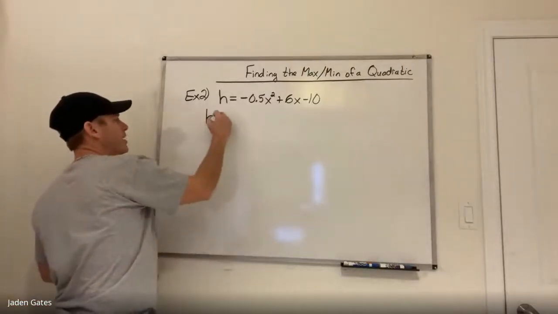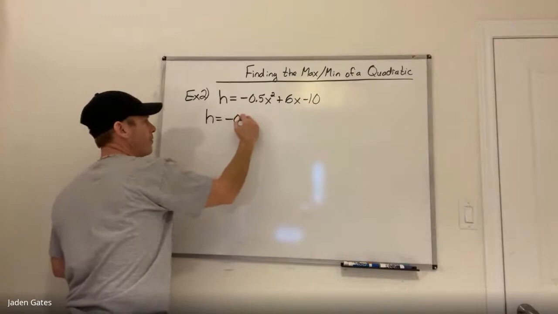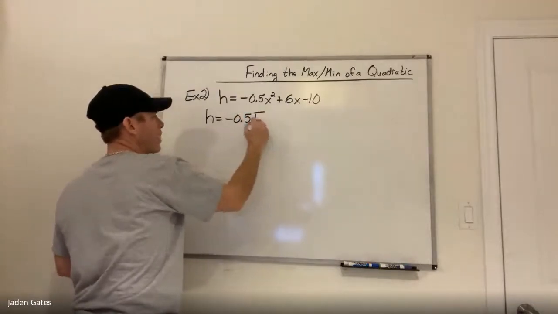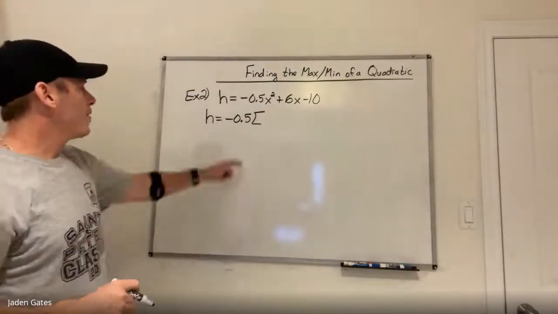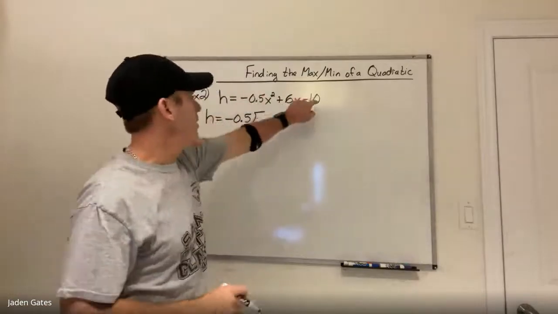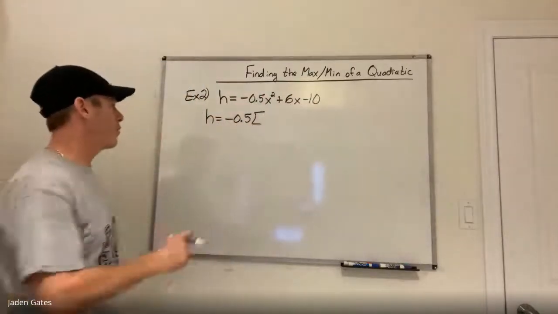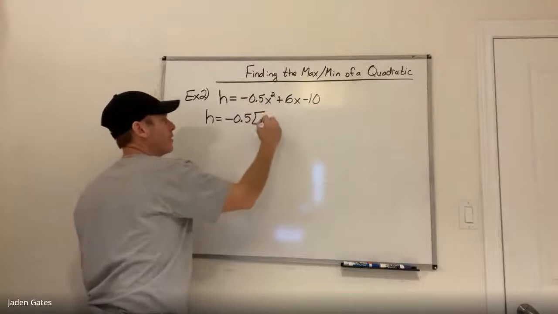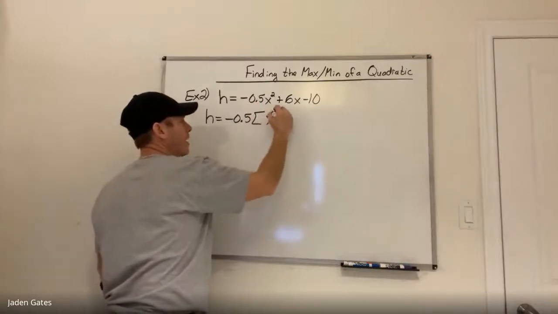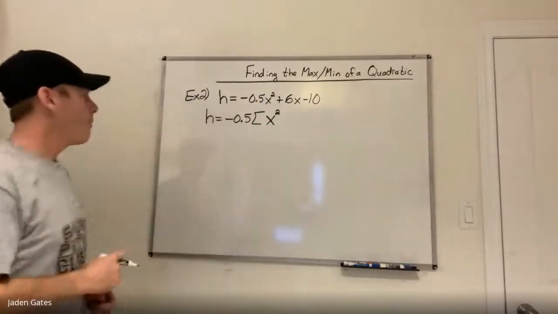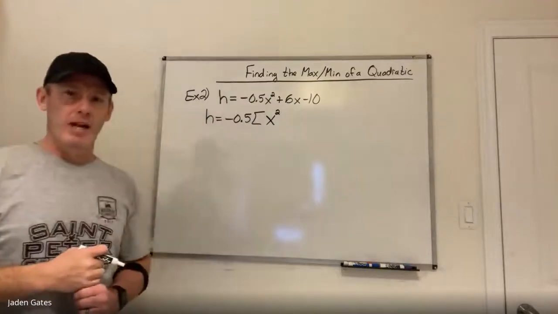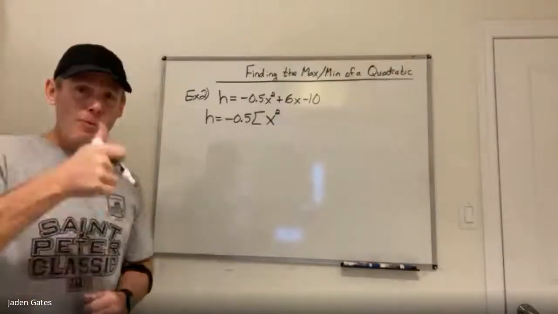Now, so I have h is equal to negative 0.5, square bracket. I divide every single term by negative 0.5. So negative 0.5x squared divided by negative 0.5, I'm just going to get my x squared. Now, when you're dividing by a number less than 1, your numbers when you divide are actually going to get